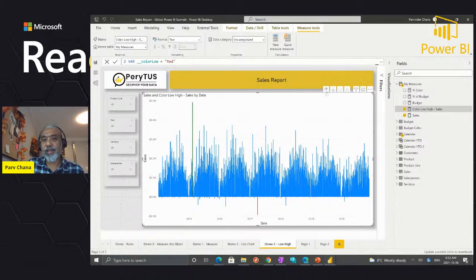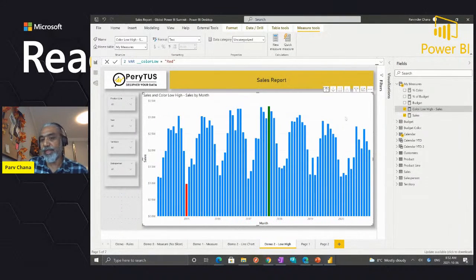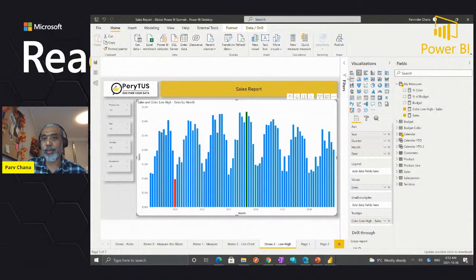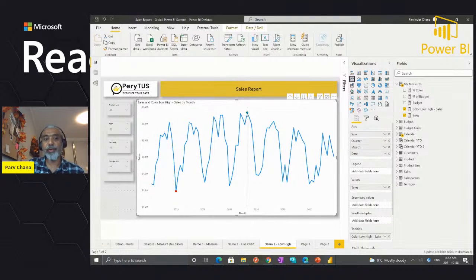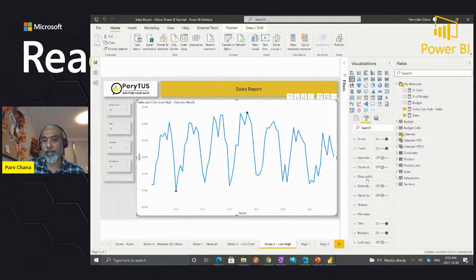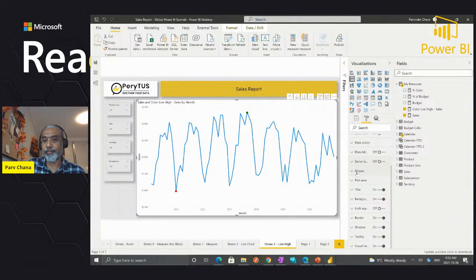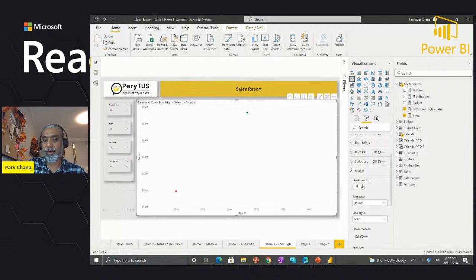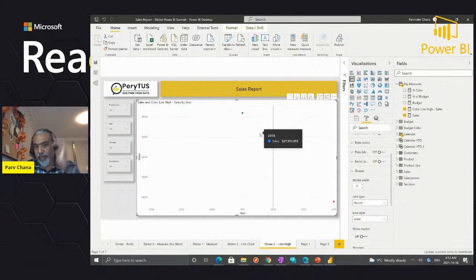So with this stuff, you can really achieve all that stuff. Again, I switch it to a line chart to show the data points. If I really don't want to see the bar chart, I have this line chart and I can turn it off. Oops. And now this shows me when was my lowest sale and when was my highest sale. I'm just showing you, it's not necessarily a good representation of data, but you can do it.